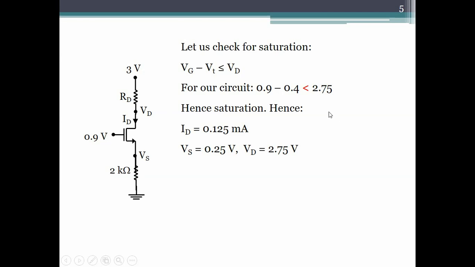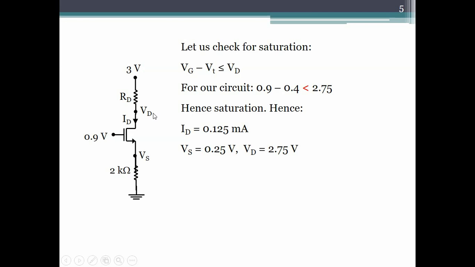Vd is 0.2, it's not written here. Vd, I'm sorry, 0.5. So the drop across Rd is 2.5. The current is 0.125. So 2.5 divided by 0.125, which is 20 kilo ohms. Alright, so as you vary Rd from 0 to 20 kilo ohms, the transistor will stay in saturation, the drain